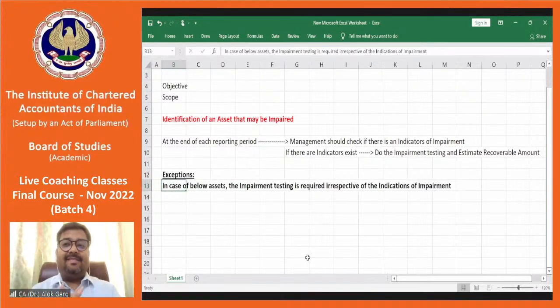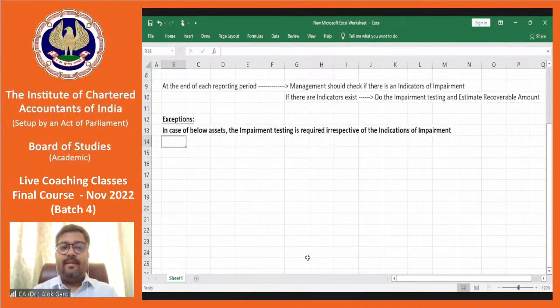But there are three intangible assets for which you are not required to see whether an indicator of impairment is there or not, whether COVID is there or not, whether a government announcement is there or not. You have to do the impairment testing at least once in a year on a mandatory basis. What are those kinds of assets? Asset number one,